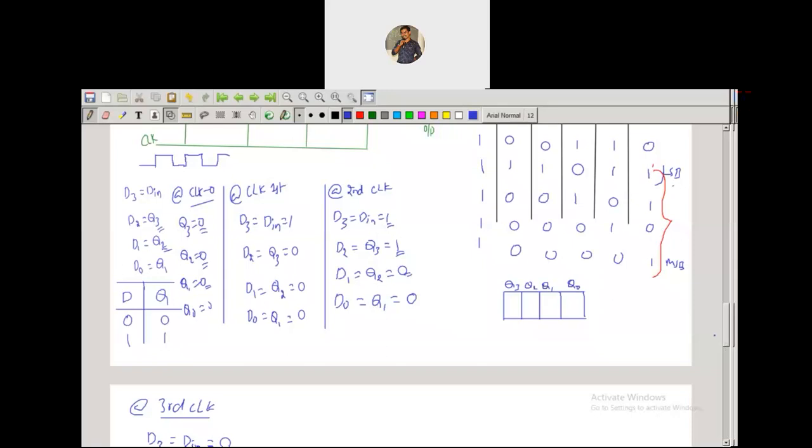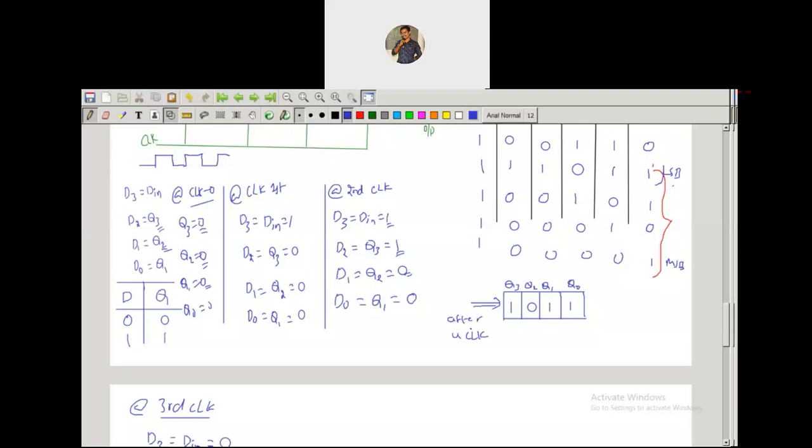So without storing, how can you extract the data? We have to count the previous 4 clock pulses also. So it is 4 plus 3, 7 clock pulses. Now if you observe, after 4 clock pulses we got Q3 equals 1, 0, 1, 1. So you can observe 1, 0, 1, 1 after 4 clock pulses. So we have stored the data after 4 clock pulses.